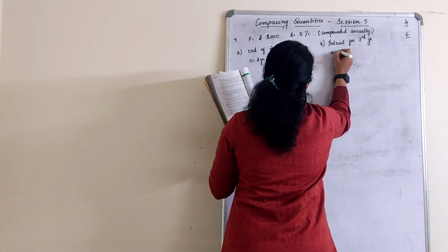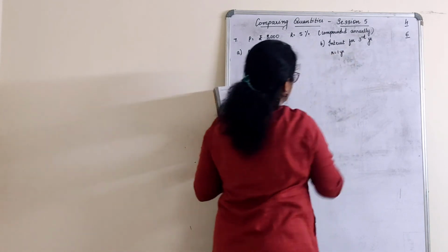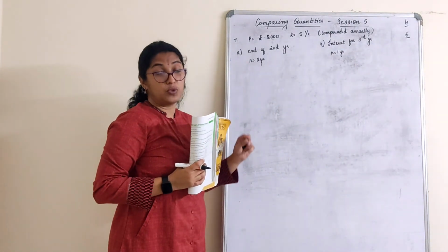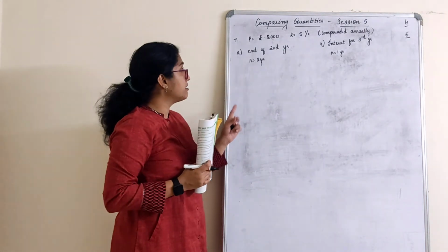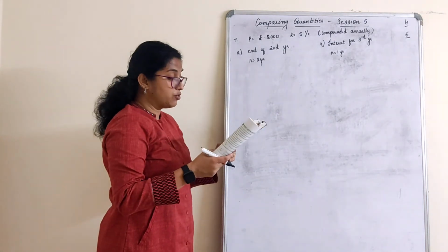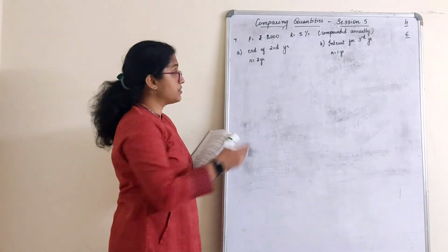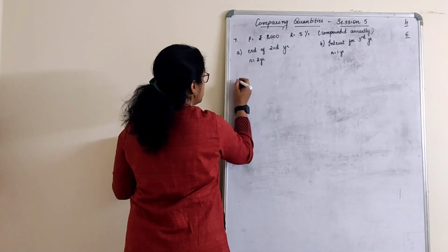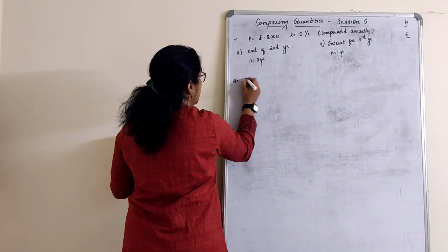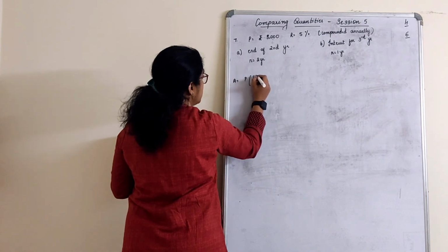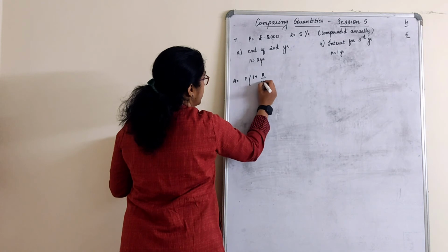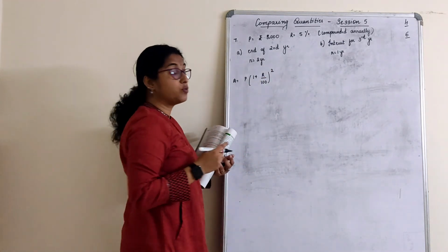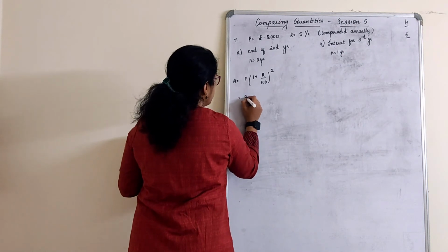Separately we have to calculate this for 1 year. I'll explain this, how that 1 year will come. First we'll finish this. For the end of 2 years, that means for 2 years I have to calculate the, what we have to calculate? Interest for 2 years first. Let's immediately start with this part. I'll solve it in here only. Principal anyhow we know. Amount is equal to principal into 1 plus r by 100 raised to 2. Don't take 3, because at the end of 2 years what we have to do is this.